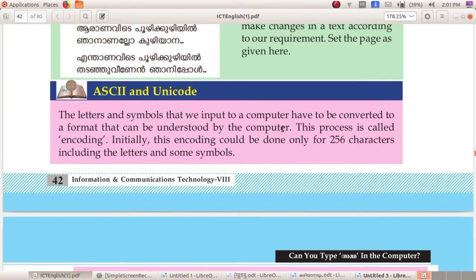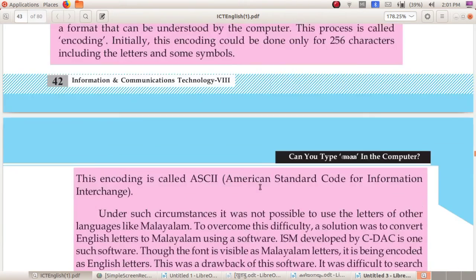Okay, for that there is a process called encoding, which means the letters and symbols that we input into a computer have to be converted to a format that can be understood by the computer. So the conversion of letters and symbols to a language that could be understood by the computer is known as encoding. Okay, so at first, in ancient times, there were only 250 characters that could be encoded. So there is a limitation for encoding, but